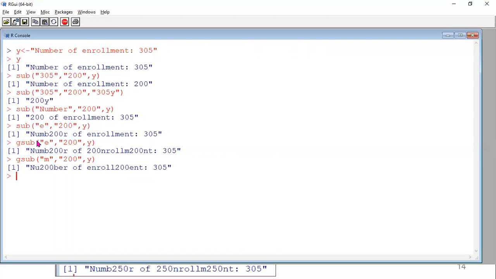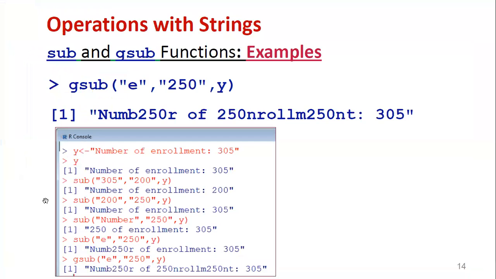Now you can see how many places M occurred, in number NUM, and in enrollment M is there. Like that you can replace whatever portion you want with a particular value, wherever that portion occurred, in all places. So these are all the examples we demonstrated, first sub, then gsub, all together included here.